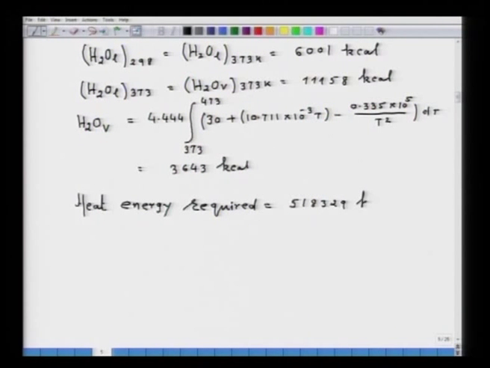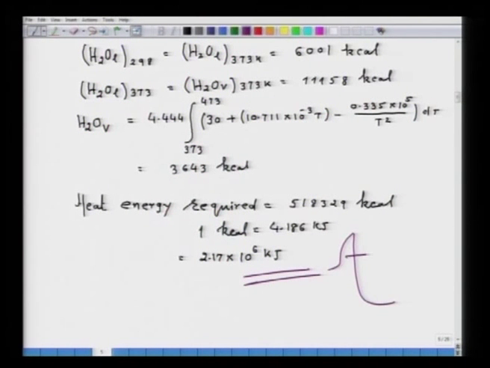518,329 kilocalorie. Now, I have used 1 kilocalorie equal to 4.186 kilojoule, and that gives me 2.17 into 10 to the power 6 kilojoule, and that is the answer for problem number 1, and that is the way you will be proceeding to